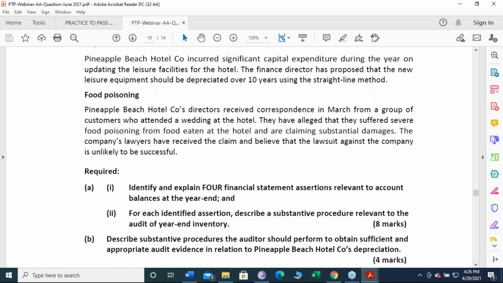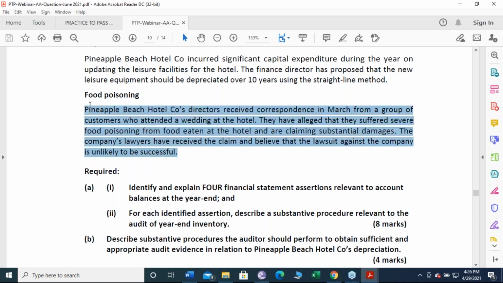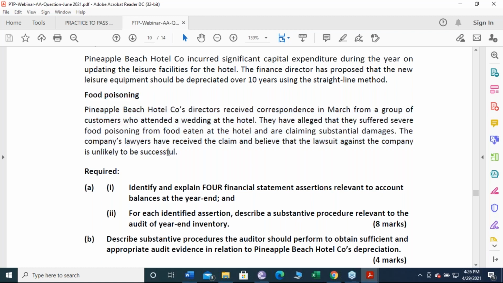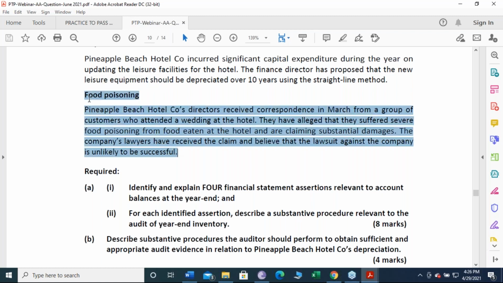I would like to have a discussion with the management and would like to ensure what they believe and what assumptions they have used, and are those assumptions reasonable. Yes, you can get the written representation in that case, because I believe the evidence is only in the mind of the management. So I would like to obtain a written representation from management, what's their point of view and whether they believe that this is unlikely to be successful. So I will ask them to write it down for me.